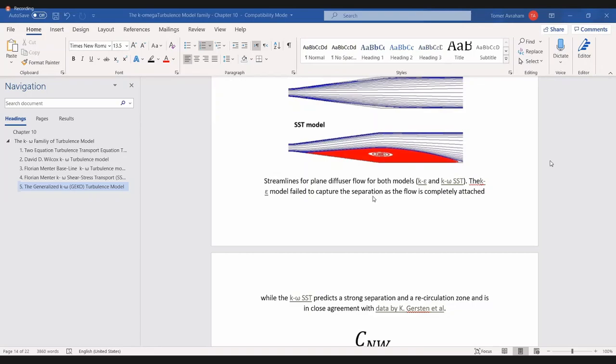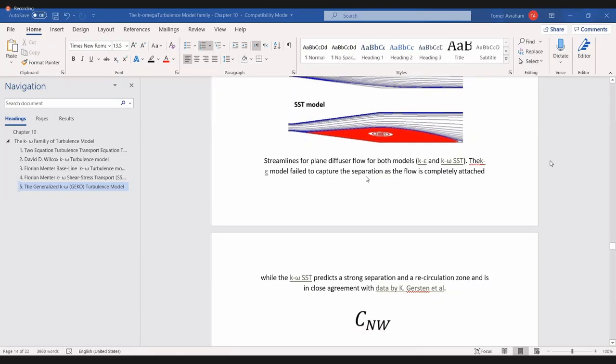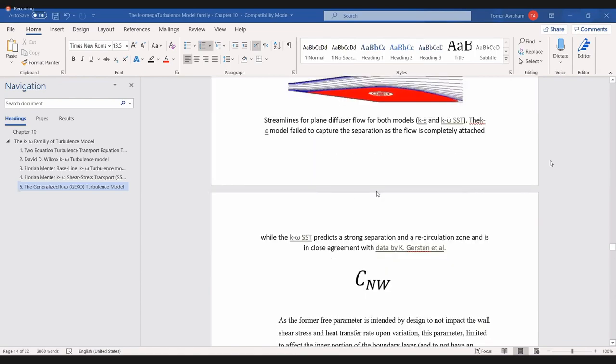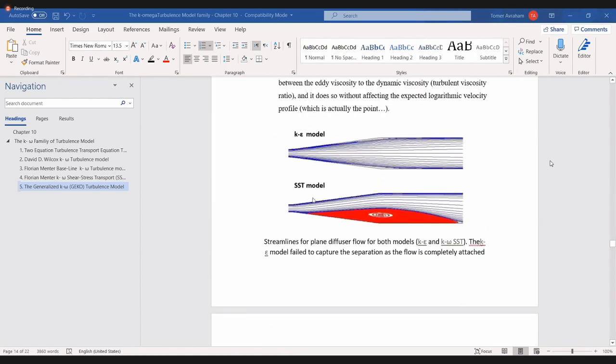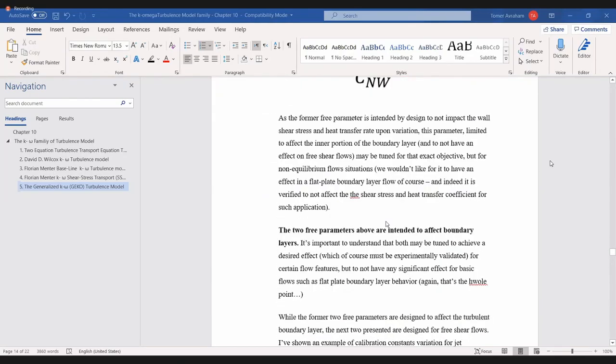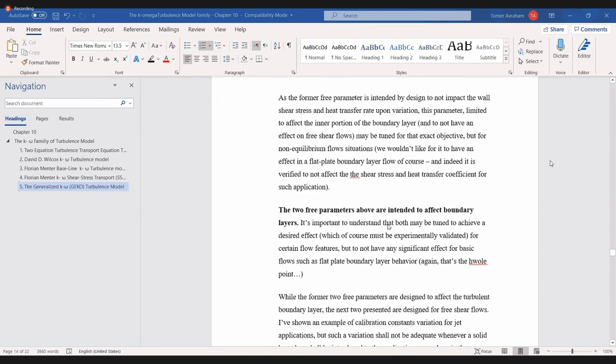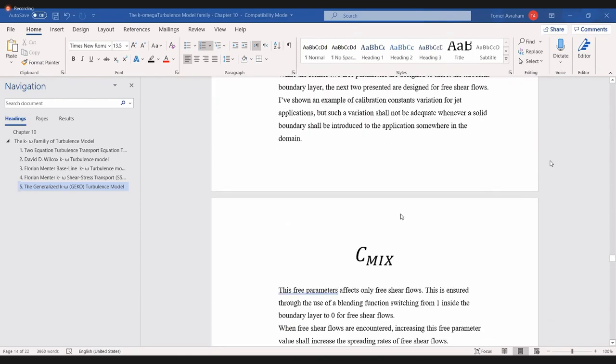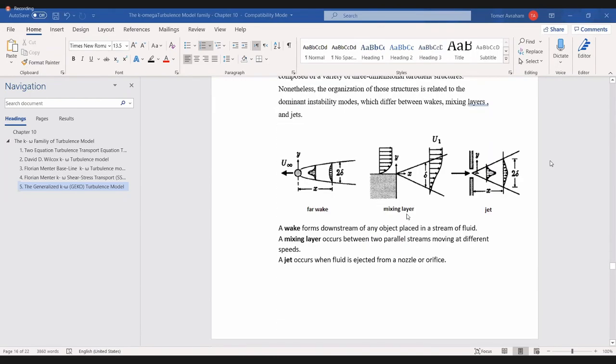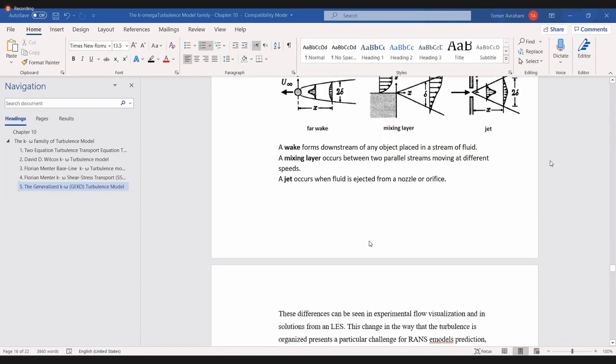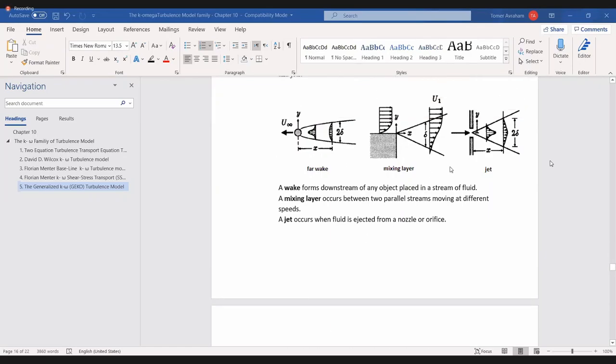I mean, you're going to have to do research to get to these kinds of results. ANSYS is not going to take responsibility for validations or for any kind of tuning of the 5 parameters. So part of it acts mostly on the inner part of the boundary layer. Part of it acts mostly on the outer part of the boundary layer. And part of it works mostly on free shear flows, like you see here.